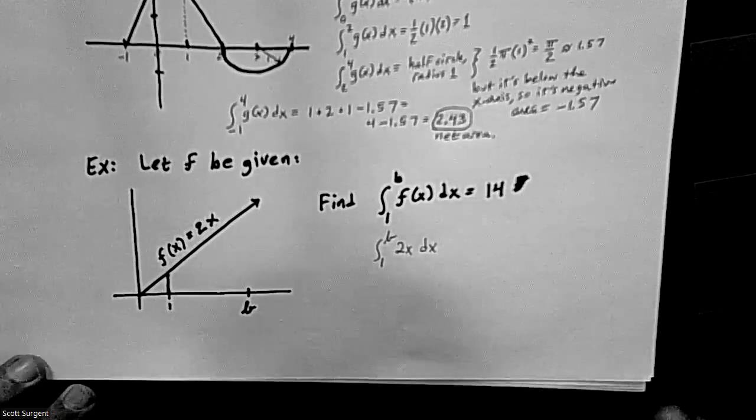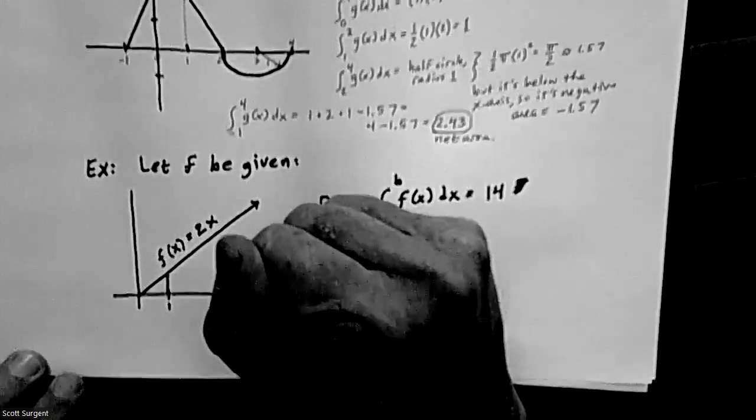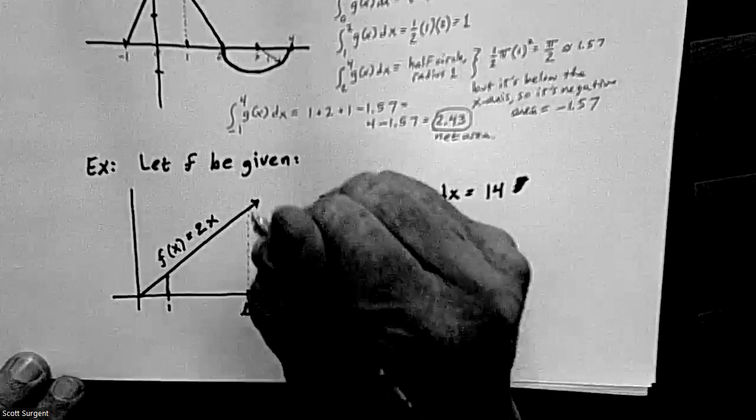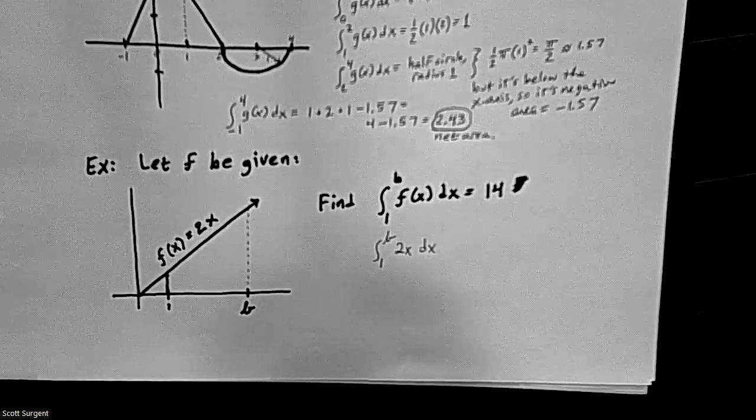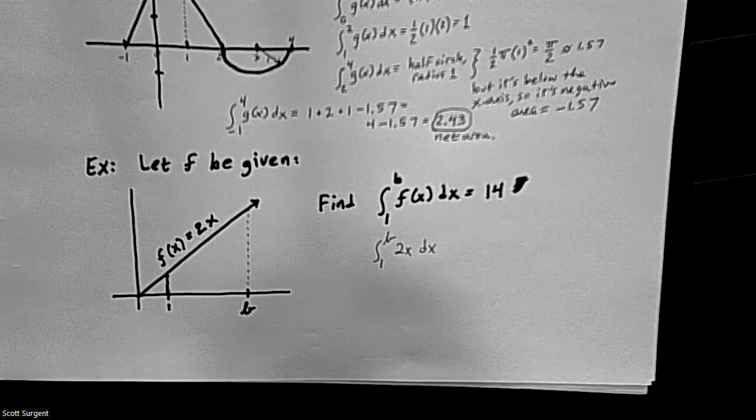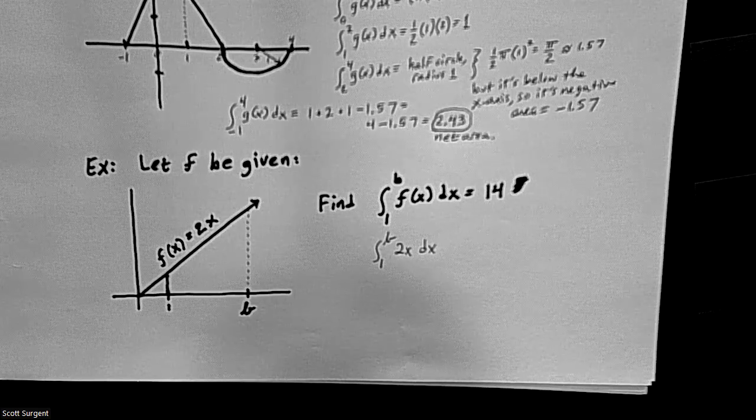And I could use geometry because if I draw B and I go up here, this actually forms a trapezoid, but that can be decomposed into rectangles and triangles. But I'm going to go ahead and jump into the antiderivative approach too, okay? Because you do have to know this. So when you're finding area under a curve or any function,